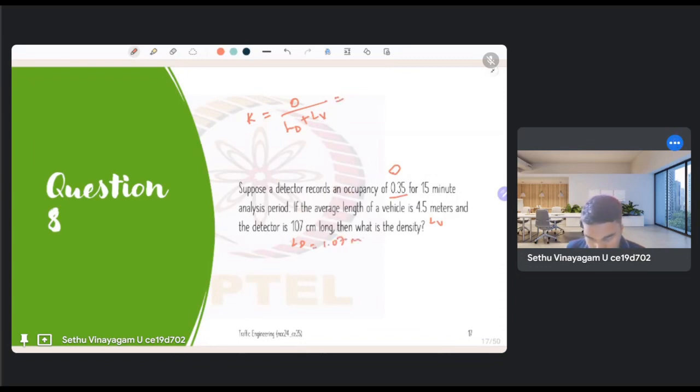Occupancy doesn't have any units, so 0.35 divided by LD, 1.07, plus 4.5. Okay, so let's find out what that is. So 0.35 by 1.07 plus 4.5, that is